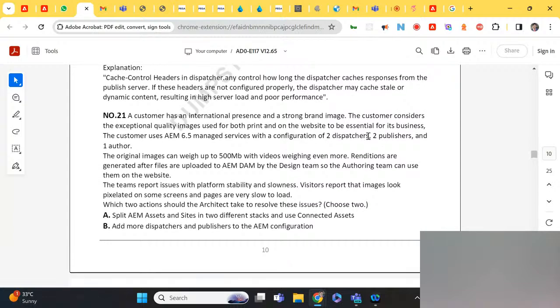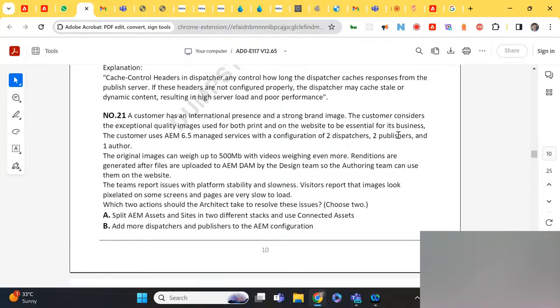Already two dispatchers are there, already two publishers are there, and one author. Even adding more dispatchers and publishers, I mean, if it is one dispatcher, one publisher, I can understand, because stability will be improved if we have a safe failback. I mean, if anything fails, stability will be increased. But there are already two dispatchers, two publishers available.